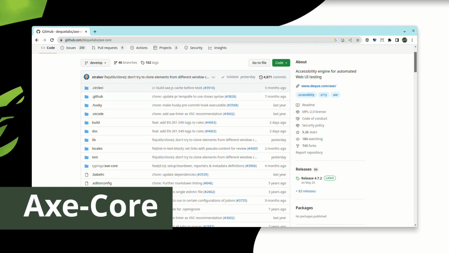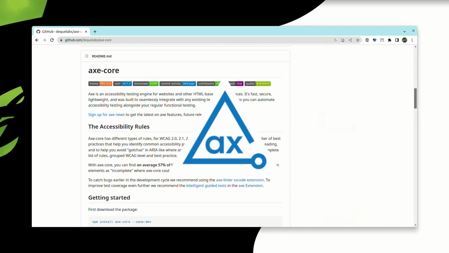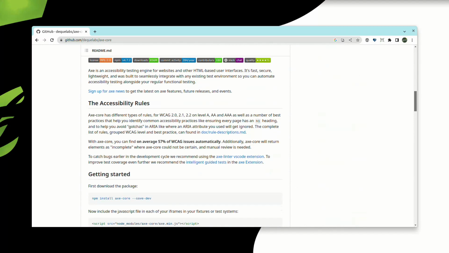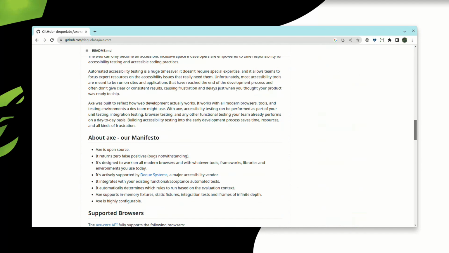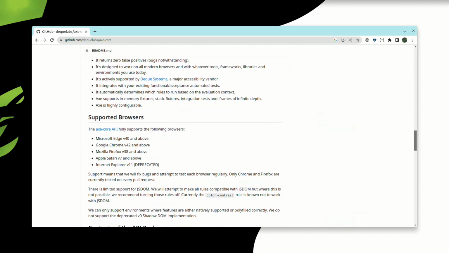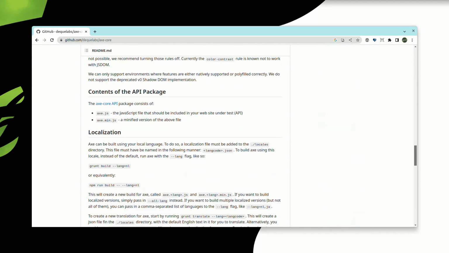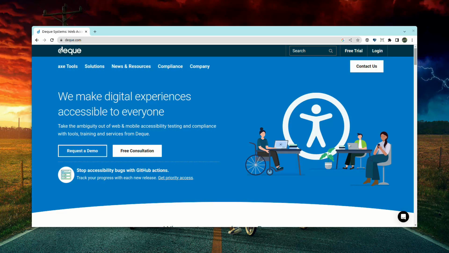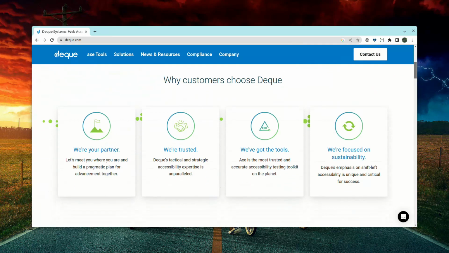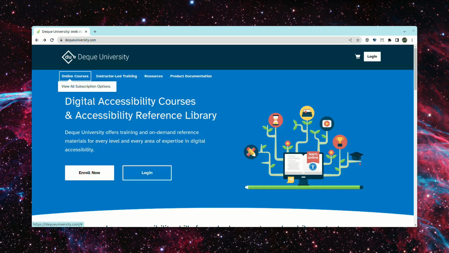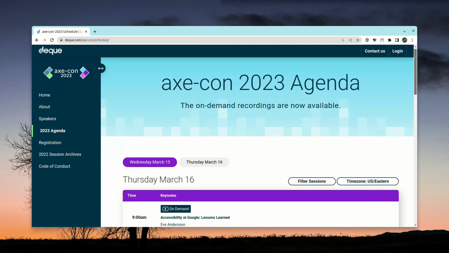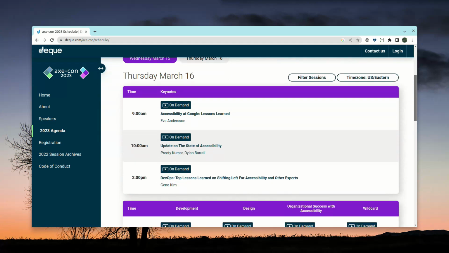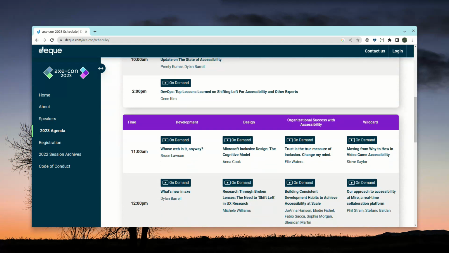As you have just seen, both Storybook Alley and Jest Axe use Axe Core, but what is it? Axe Core is a free engine for automatically testing web-based interfaces for accessibility issues created by Deque. It includes rule sets for various levels of the WCAG and for different compliance levels. Deque have various accessibility-related tools, run webinars and training courses at Deque University, as well as events like AxeCon, which covers many topics on accessibility each year split up into 4 tracks. So whatever your role in your company, you should be able to find plenty of topics that can teach you about accessibility relevant to your discipline.